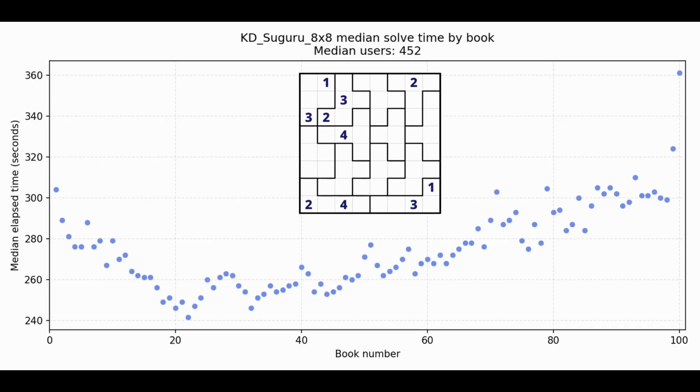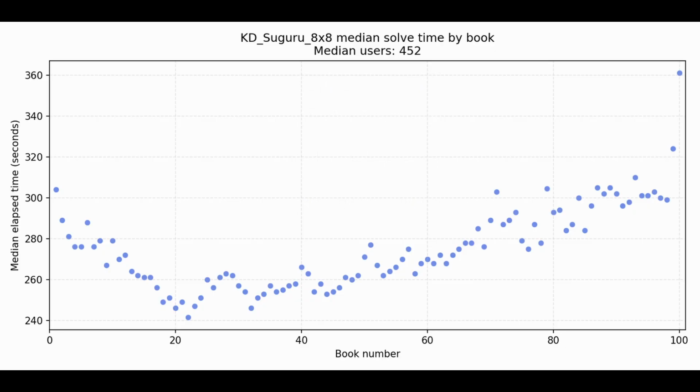Now let's talk about learning curve for a minute, because it definitely affects these charts. Here's a similar chart for 8x8 Suguru. That's Suguru, not Sudoku, which is a different puzzle with a confusingly similar name. These Suguru puzzles are also ordered by difficulty, but you'll notice this chart has a pretty dramatic drop in the beginning. See that drop in solve time from about book 1 to 25? It's possible I've grossly messed up my difficulty calculation in some way, but I'm guessing this drop is caused by